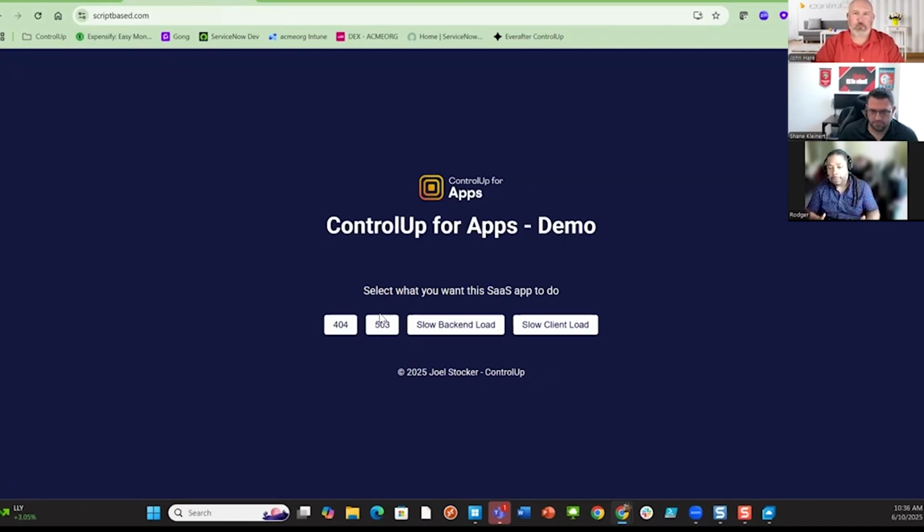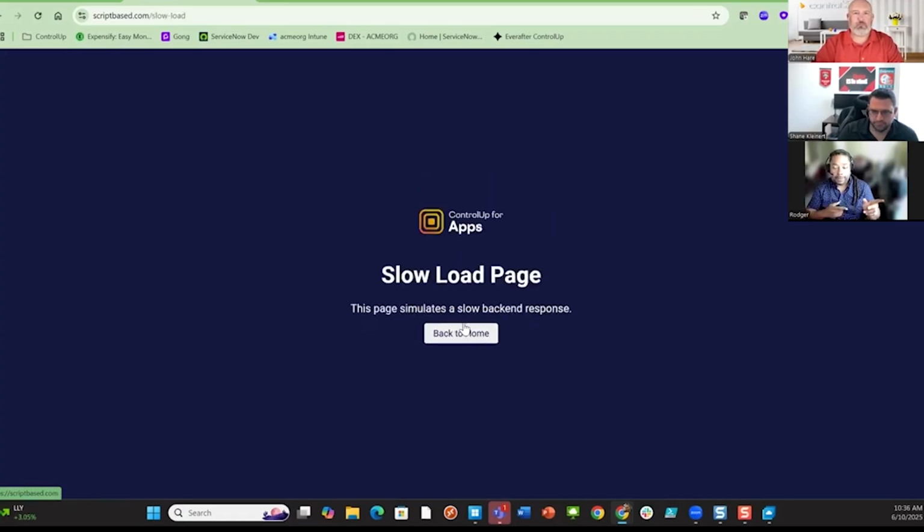A lot of companies use Salesforce or whatever other SaaS solution could be out there today. And when a user goes in and starts working on a SaaS solution and there's a problem, they're not calling the SaaS solution owner. They're not calling Salesforce. They're calling you, the IT admin. They want you to fix the problem, even though you don't own the problem, but we're responsible for the problem.